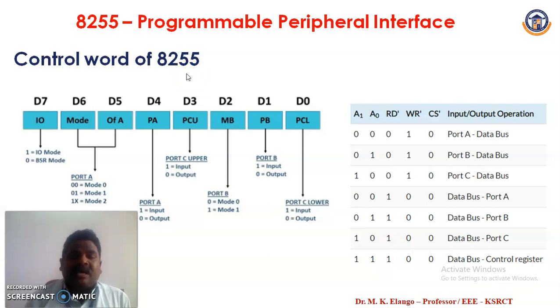From this class, I have given the explanations of what parallel data transfer is, what the methods of parallel data transfer are, what the need for the 8255 programmable peripheral interfacing IC is, what the pin details of 8255 are, what the architecture or functional block diagram of 8255 is, and finally,